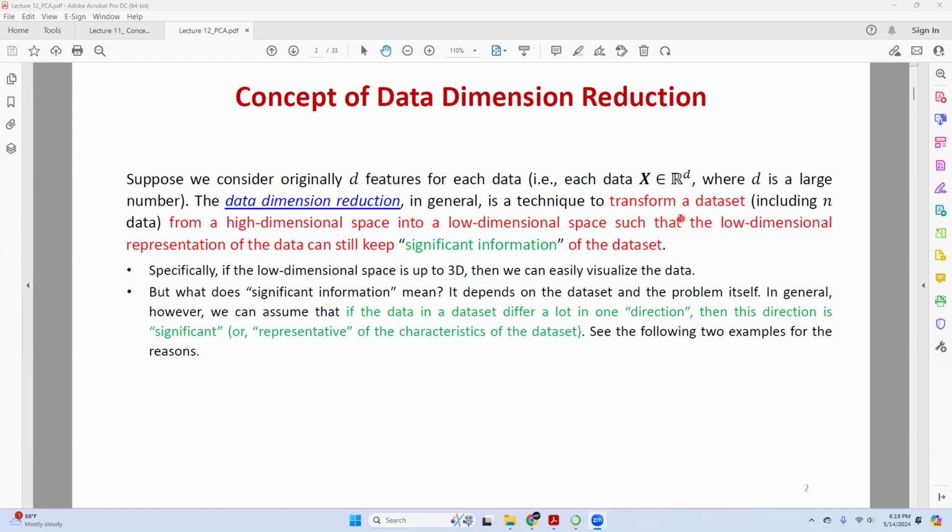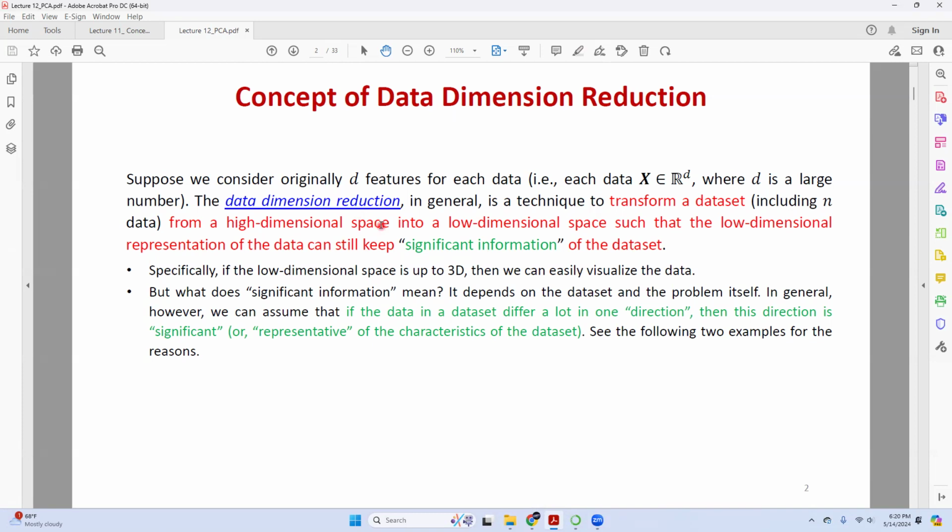In general, the original data has D features, and data reduction means feature reduction. Data reduction doesn't mean, let's say I give you 1,000 training data and you make it 10 training data. No, it's feature reduction. Suppose originally I have D features, and D could be a very large number. For example, consider our images. Remember, we always vectorize the image.